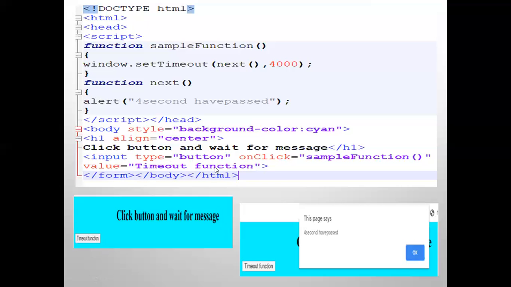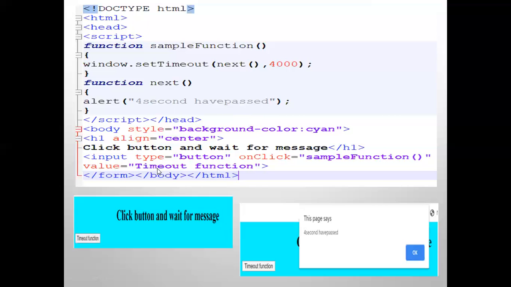Value is equal to timeout function. On clicking on that, it should go to this function, sample function here. What is in this function? It should set the timeout after 4000 milliseconds, go to next, and display this message, 4 seconds have passed.